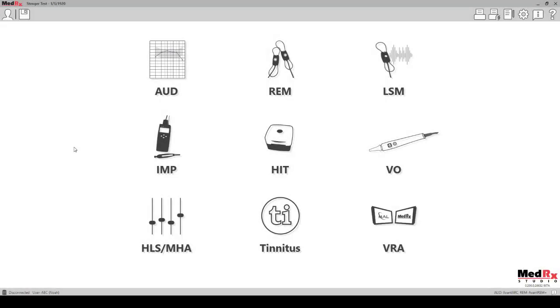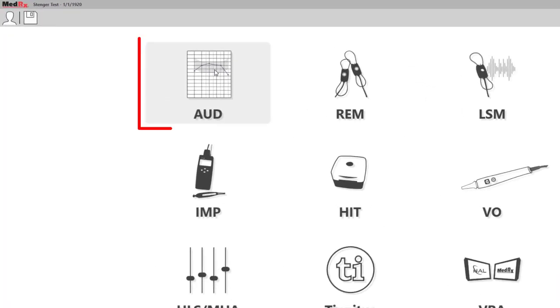So now let's take a look at the Studio software and how to perform the Stenger test within it. This is the main screen of the Studio software. When you open it, you will see modules that are dependent on which products you have from the Medrex platform. So you want to click on the audiometry module,